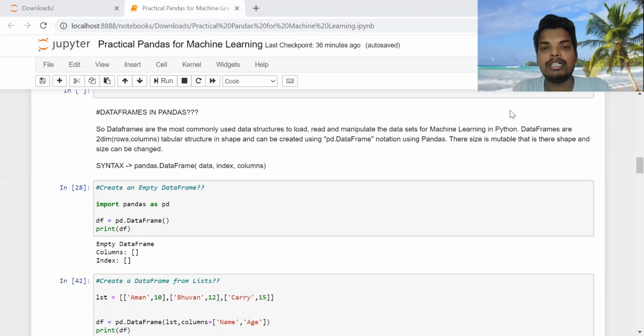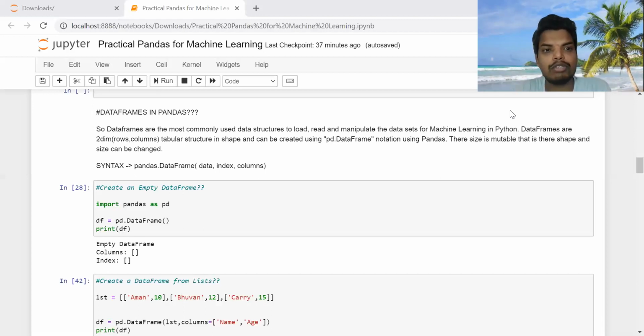Data frames are a two-dimensional tabular data structure, wherein we can load and read any format of files, mostly CSV files and text files, easily with the help of data frames. The data set is stored in the data frame, and then we can perform operations like data manipulation, just reading the data set, or even dropping and creating new columns as well. We also do a lot of data transformation using these data frames. So this was an intro.